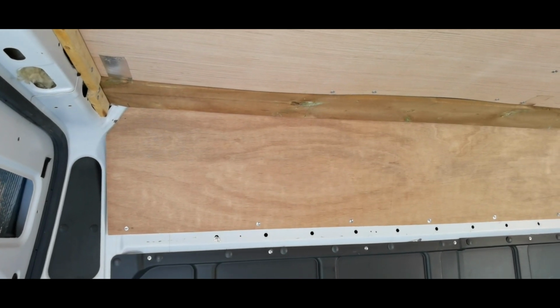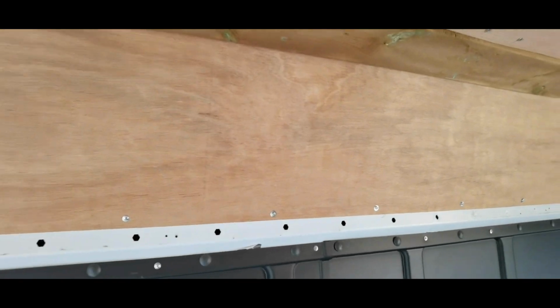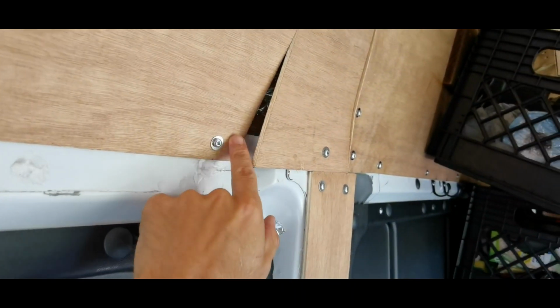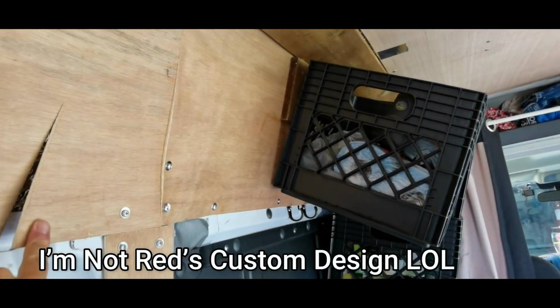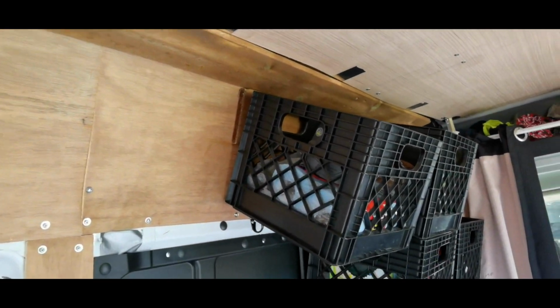Alrighty, we are complete. Got the wood paneling up, jammed in behind this thing right here, ran it all the way down here. Yes, I know there's a gap here. We had to cut it so this would fit. This was a different height than this, and didn't want to crack this, and so we ran it all the way up. My totes that I used to store under my bed,